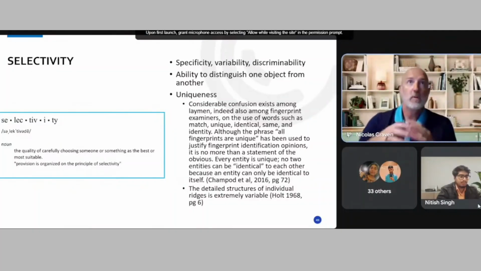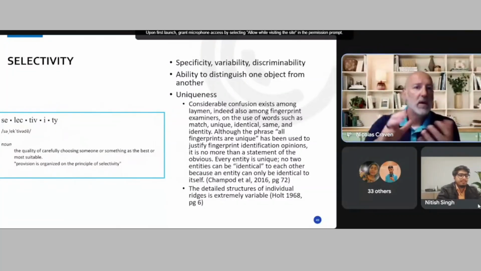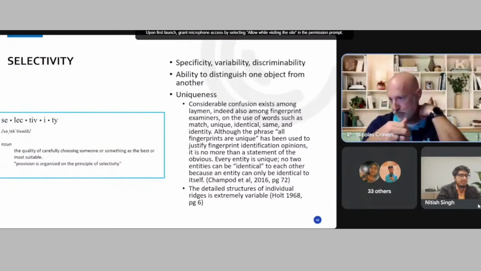So we used to say in fingerprints, when we're comparing, that the reason we can compare one person to the next is because of uniqueness. There's been some pushback and some change in thought when it comes to this. And I like to use the term selectivity more so than uniqueness. You could also use terms like specificity, variability, discriminability. And what that means is that